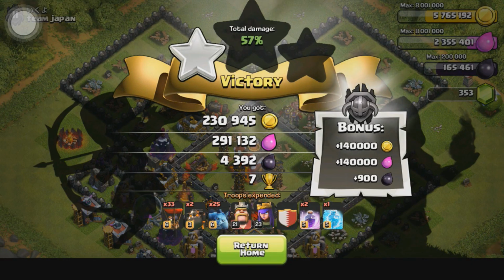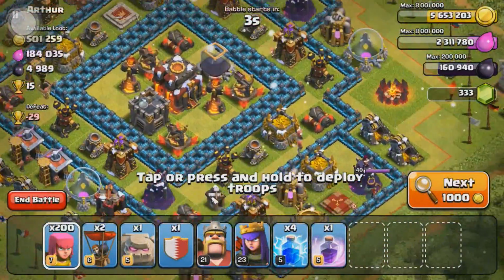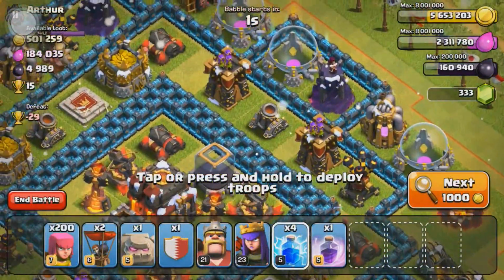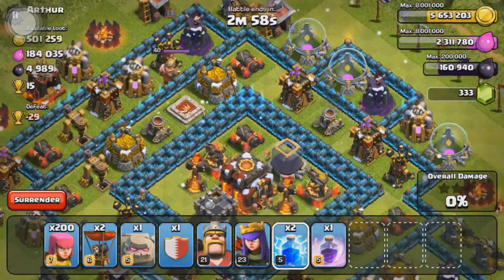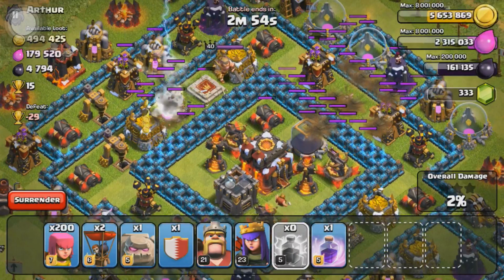So as you can see here, we got a pretty insane amount of loot. Over 5,000 dark elixir with the loot bonus, and a whole lot of loot in general with the regular loots. Now moving on to the next raid, the last raid of the video, I'm actually doing another all-out archer raid